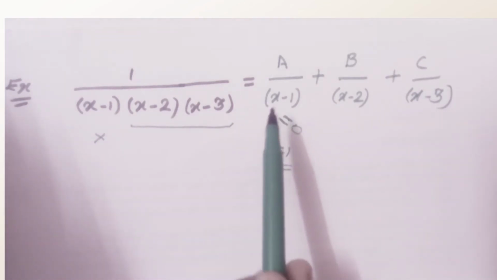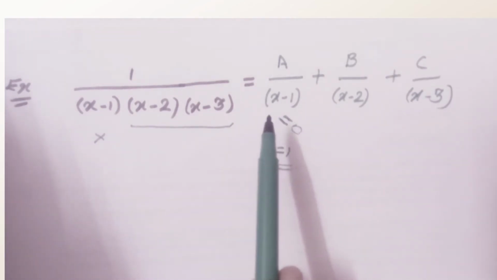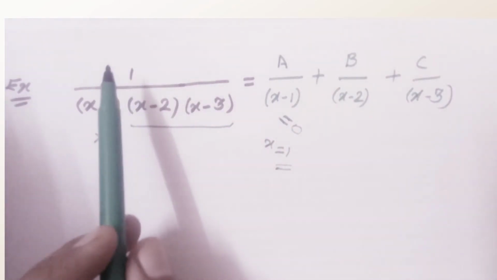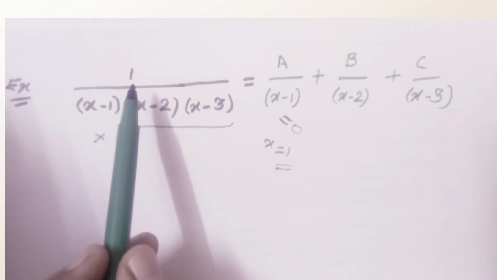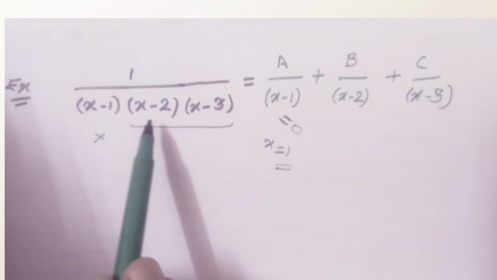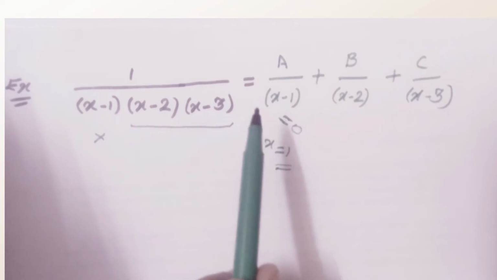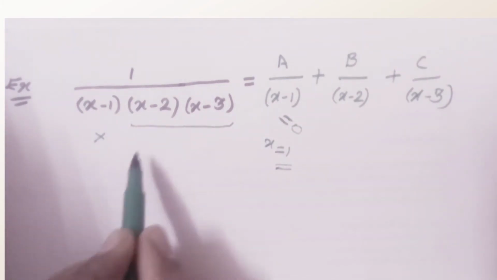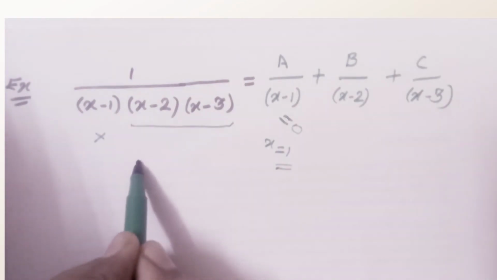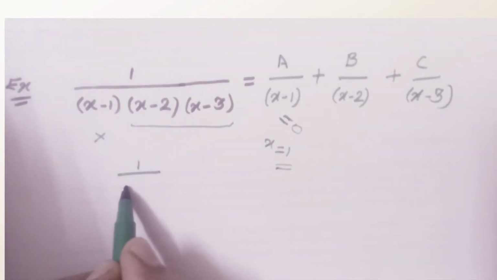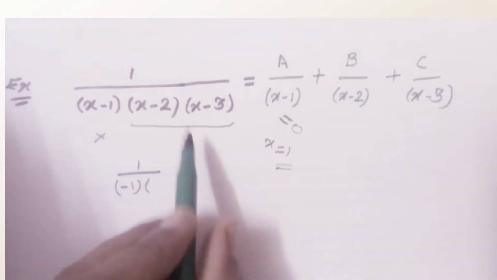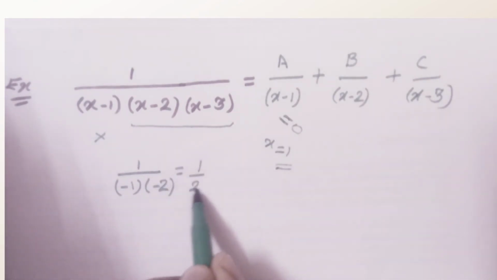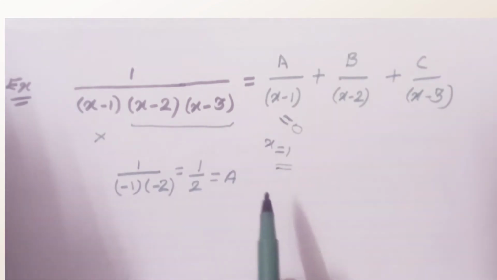मतलब हमें सिर्फ देखना है कि a के डिवीजन में क्या है, उस टर्म को छोड़ के बाकी पूरी टर्म, यहाँ पे न्यूमरेटर में 1 है, इंस्टेड ऑफ 1 यहाँ पे एनी फंक्शन ऑफ x भी रह सकता है. तो आपको पूरे टर्म में x इक्वल्स टू 1 पुट करना है एक्सेप्ट जो a के डिनोमिनेटर में टर्म बैठी है उसको छोड़ के. तो if we put x equals to 1 in this term, then we get 1 upon, here x is 1, that is minus 1, into x is 1, then we get minus 2, that means here we get 1 upon 2. तो ये होगी वैल्यू a की, है ना.